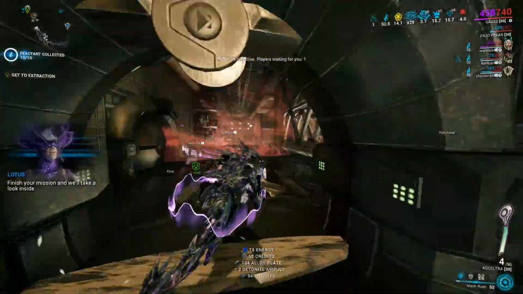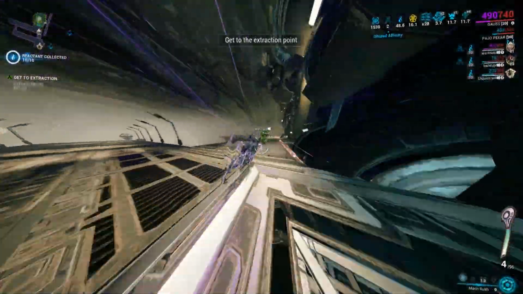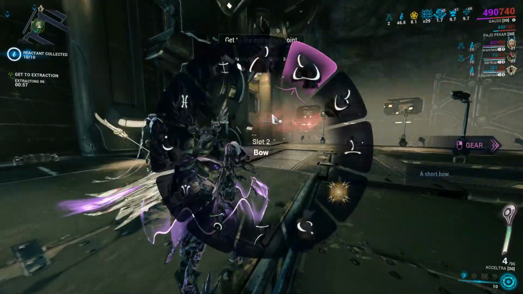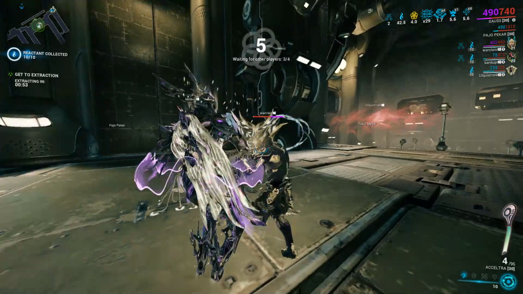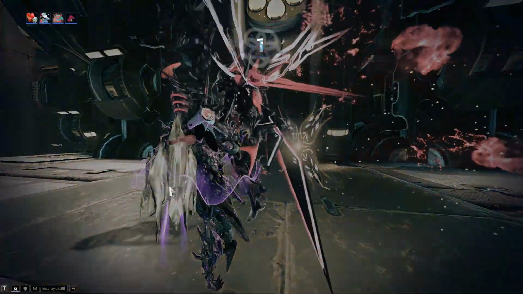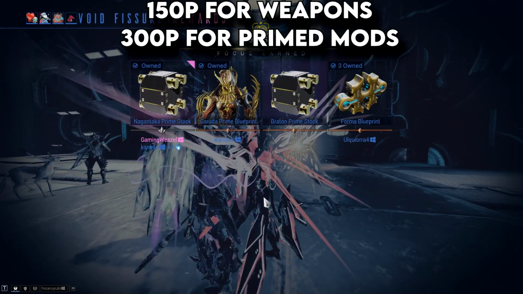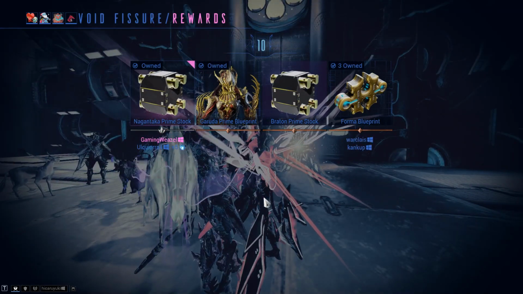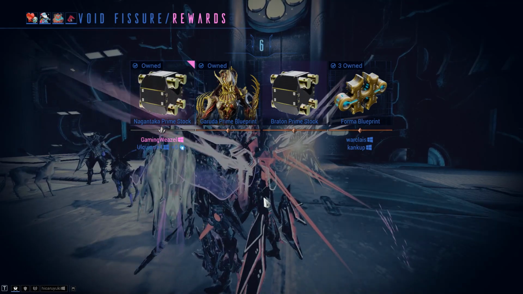Now, we also have something that influences the scales a little bit. So weapons and prime mods from the Void Trader. I usually sell these every 3 to 5 weeks. When the prices go up, I buy usually 3 weapons and 2 mods every single time, and that equals around 150 platinum for the weapons and 300 platinum for the 2 prime mods. Nonetheless,